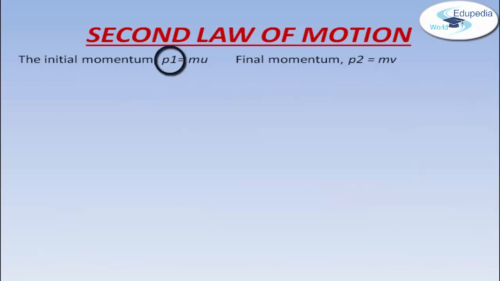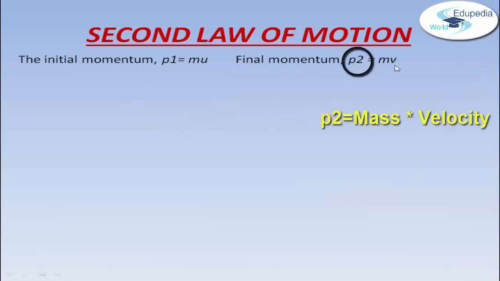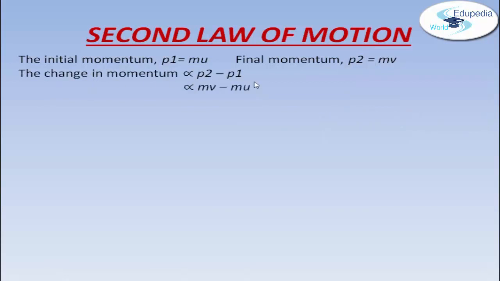So p1 is mass into velocity. So it will be mass of the cycle into the initial velocity, which is u. Final momentum will be p2, which is mass into the final velocity. Now the change in the momentum is p2 minus p1, that is equal to m into v minus m into u. That is mass into final velocity minus mass into the initial velocity of the cycle,